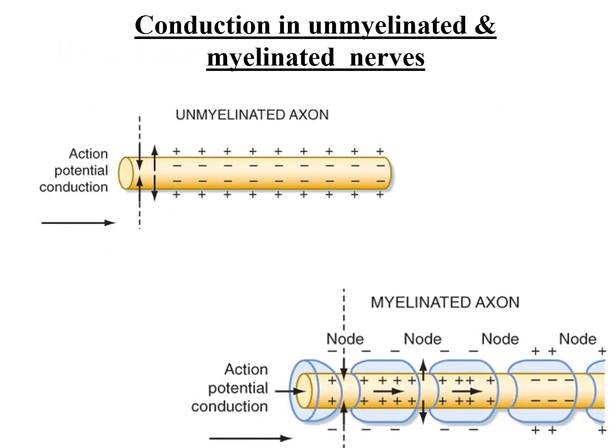So, conduction in unmyelinated and myelinated nerves. I told you in an earlier slide the importance of the node of Ranvier. In unmyelinated nerves, there is no myelination, and the impulses once initiated will spread very slowly. The conduction velocity is going to be very slow. But look at the myelinated axon. We have the myelin sheath throughout the axon, and once the action potential is initiated, it jumps from one node to the next node, and to the next. Just compare the conduction velocity between the unmyelinated axon and the myelinated axon.